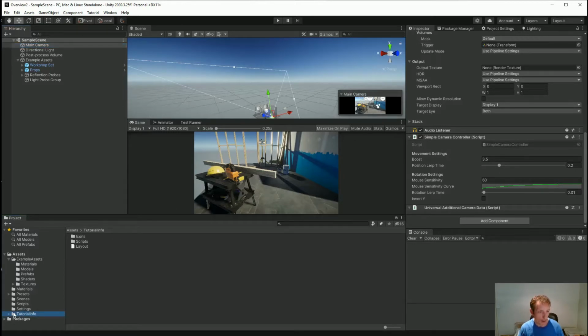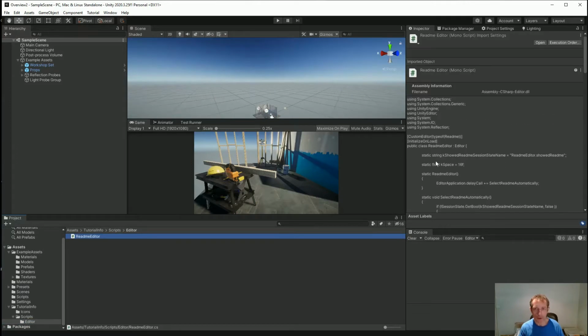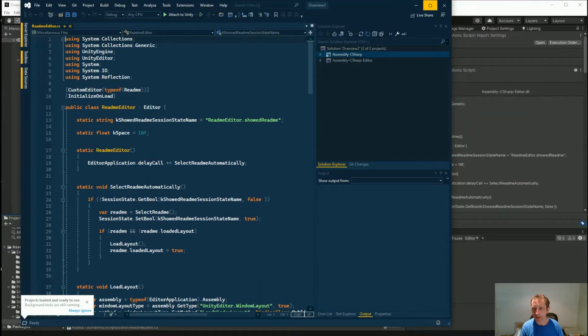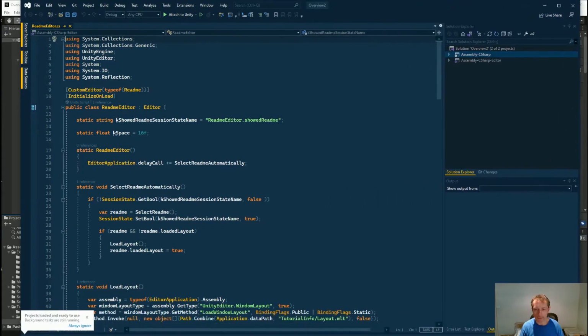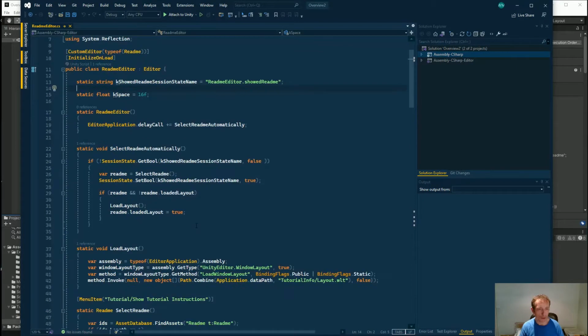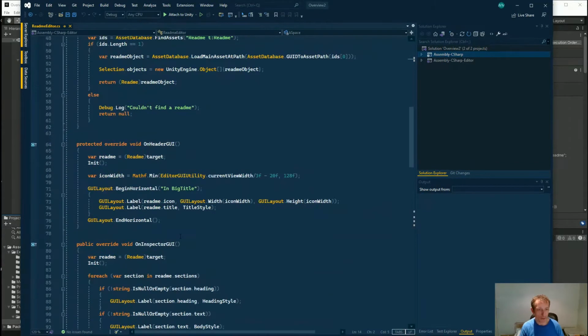Tutorial info. Now in here we will find the actual code. So let's have a quick look at this. This is the actual code that draws the README scene, or the README. There we go. So it has the Unity editor namespace as well as the Unity engine. This is the thing that actually draws the custom editor component onto